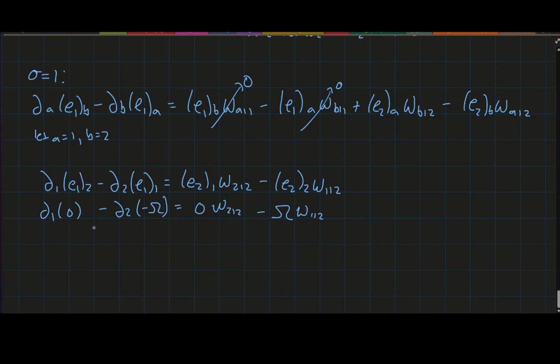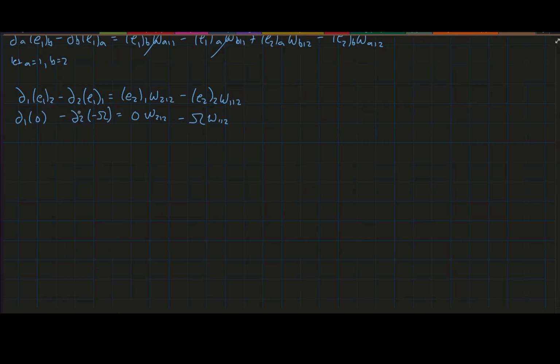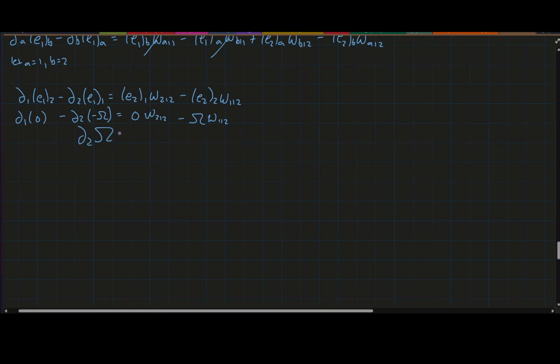So we can continue to simplify. The derivative of the 0 term just goes away. These minuses are going to cancel with each other, so we just get del 2 of omega on the left side, equals a 0 term, we say minus omega W112. So this implies then that W112 is minus del 2 omega